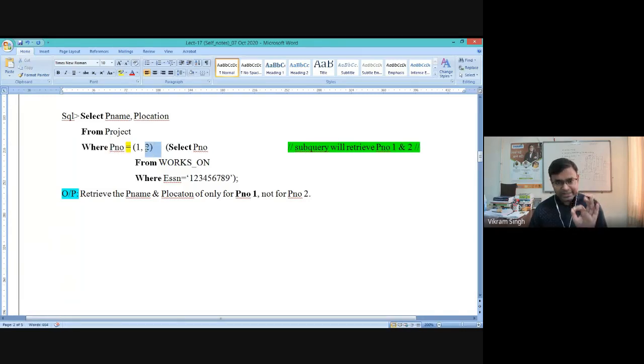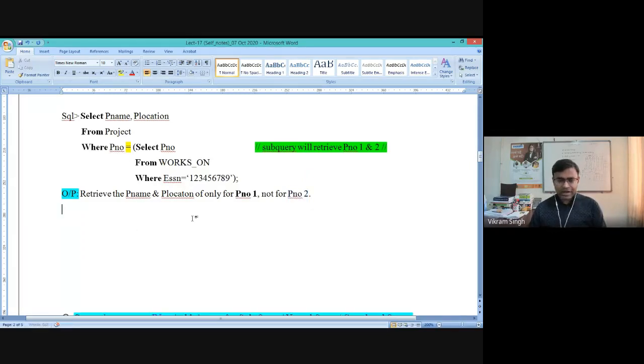Only because of this, this query will not give you the correct result. It will select the project name and project location, which you need in the output, only for the first value, project number 1. Of the 1 and 2 that came from the inner query, it will work for the first and select it, but it will not generate any value for project number 2, right? So it is because of this equal to operator.